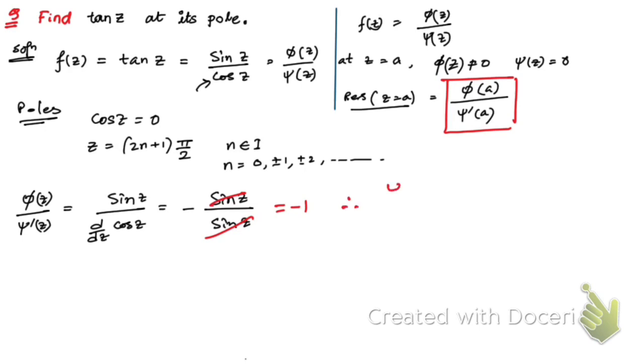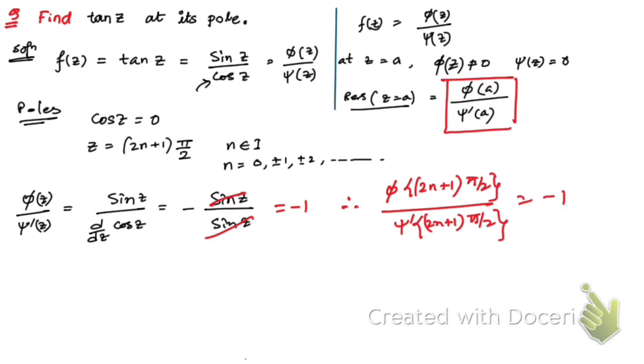Therefore phi of, if you take this instead of z, twice n plus 1 into pi by 2, then psi dash of twice n plus 1 pi by 2 is also going to be equal to minus 1, because these two are already cancelled. So now you see,